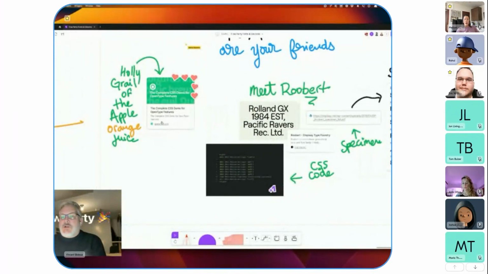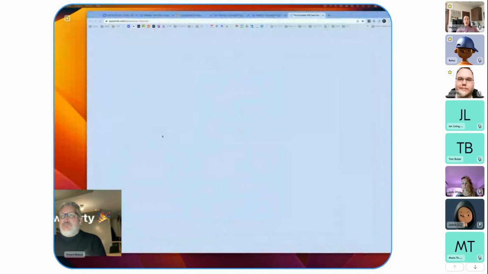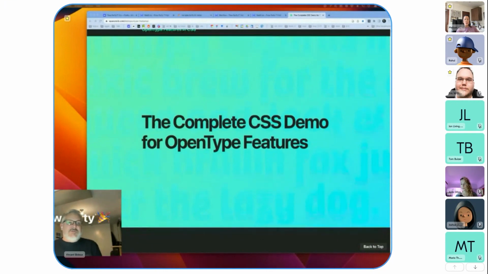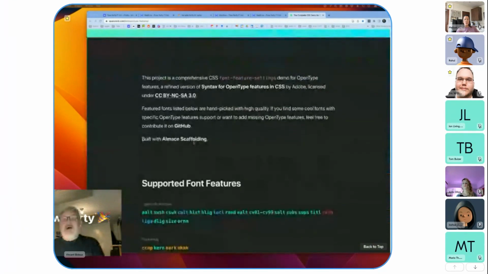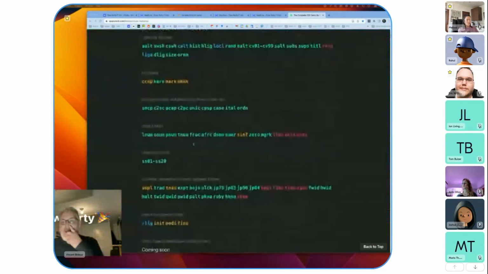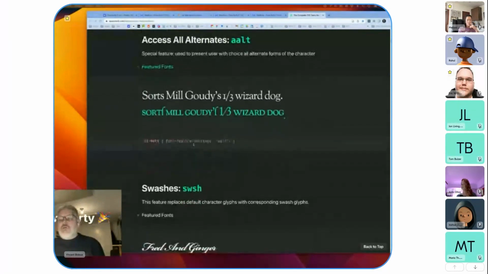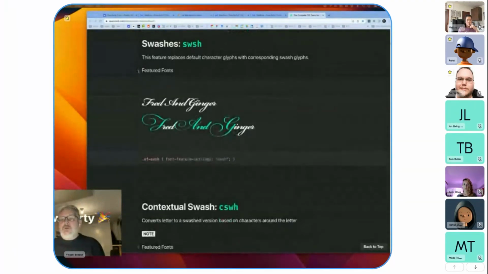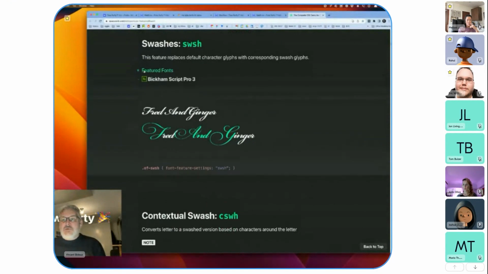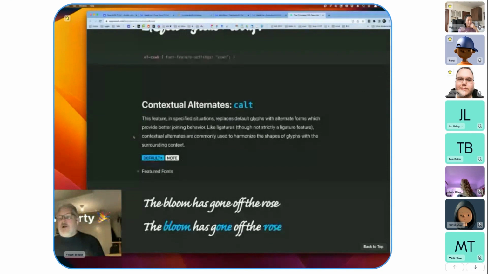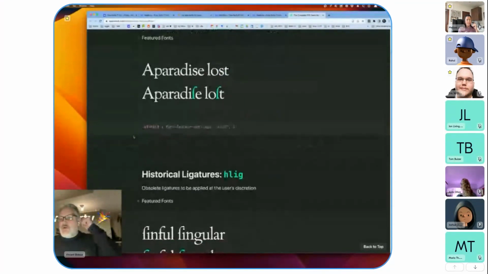And you have to check this website. This is a complete CSS demo for OpenType features. This page, you should let it open on your browser for like until spring. And you have to check everything. It's a great list of all the features you can find in fonts. For every example, you have a feature font that you can download, and you can try all the features for yourself. You're going to find ligatures,